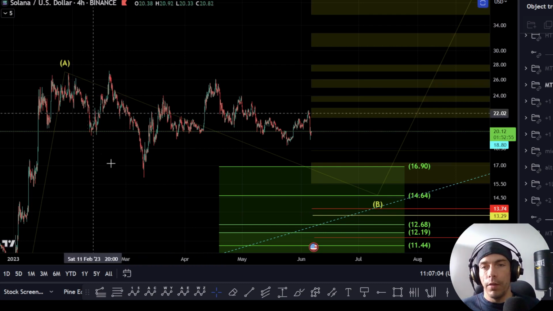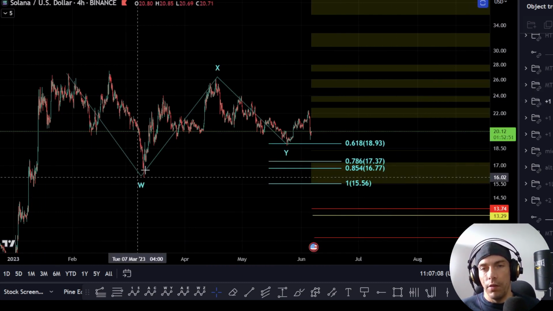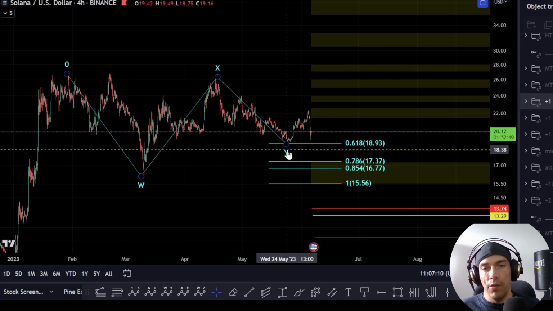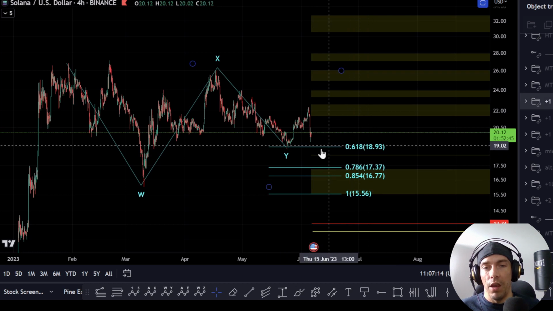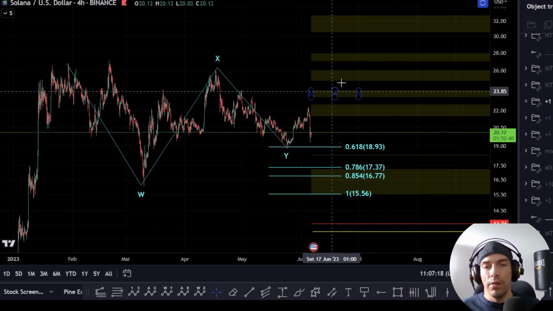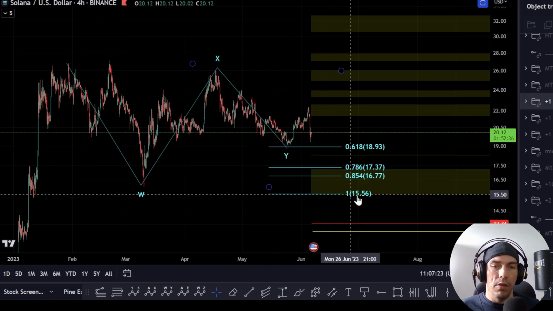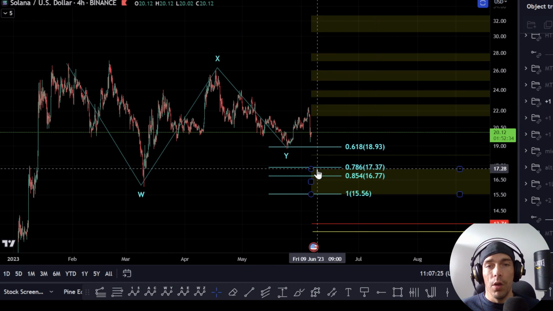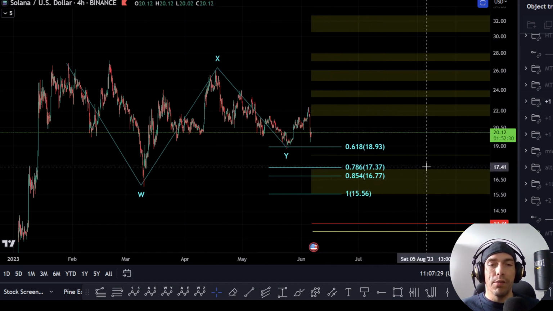Now, if we're looking at the internal legs of this, the way that I'm currently treating this is as a W, this is an X, and then we could potentially have this as a Y wave here as we came down to the 0.618. Now, it's possible this could complete here, or alternatively, we could still have some price action to come to the upside here, and then one more drop where we could see a drop towards this 1556. So need to be aware that this is still possible, that we could see this 1556 play out,